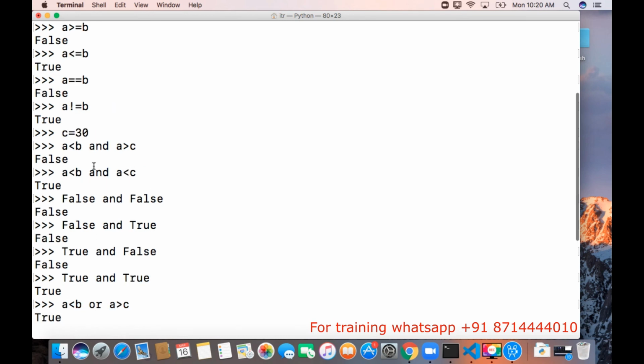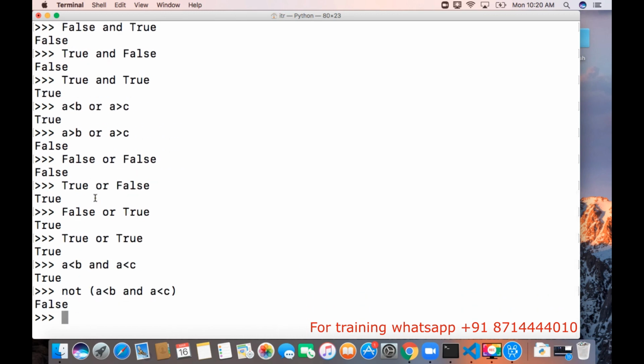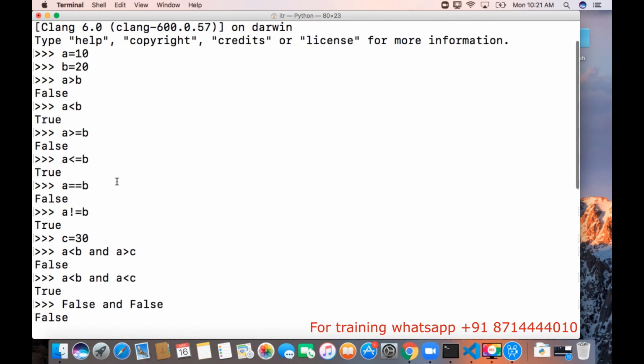Okay, relational and logical statements are used for decision making in our program. That means if certain conditions are satisfied, we need to execute a particular set of instructions. If some other condition is satisfied, we need to execute some other set of instructions. So that is generally what we need while writing programs. We need to take certain decisions. If the particular decision is true, we have to execute certain program statements. That is the need of these logical and relational operators. Okay, so this is very important to control the flow of a program.